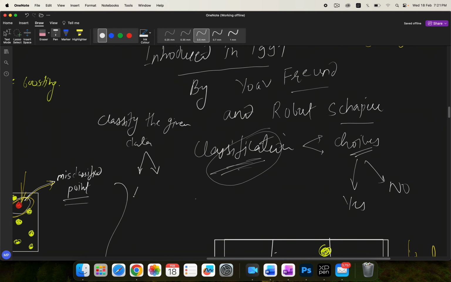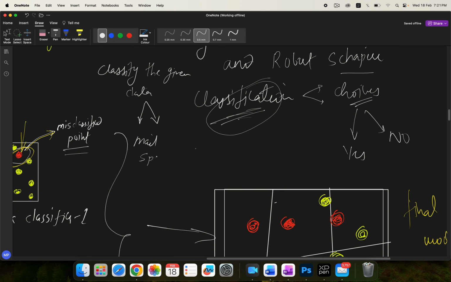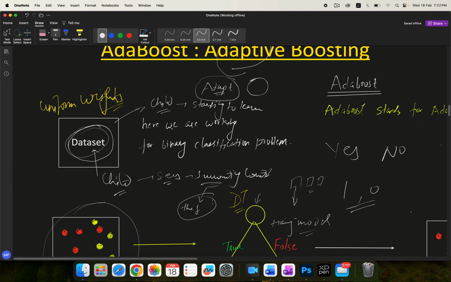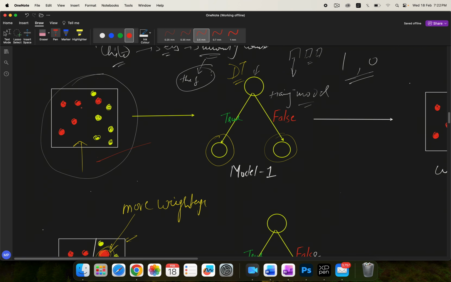Let's say if we talk about mail, then we need to classify it as spam or ham. If you talk about whether a person is diabetic, then what you have to classify is whether the person is diabetic or not. This particular kind of classification is binary classification. So we are specifically dealing with binary classification here. This is the data set. You have different